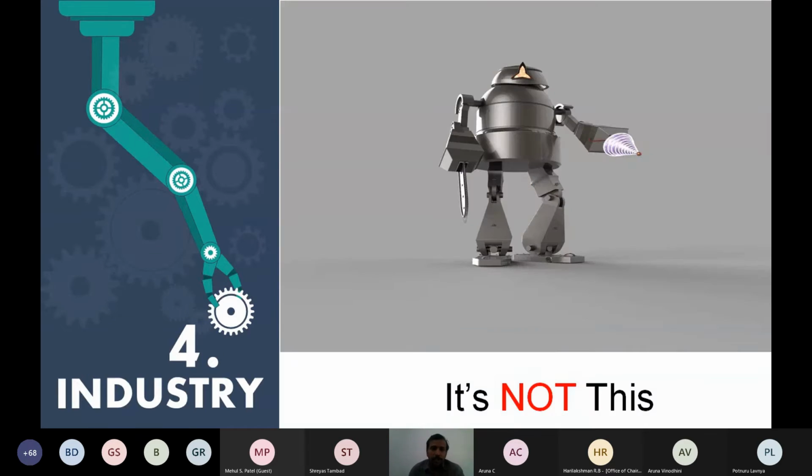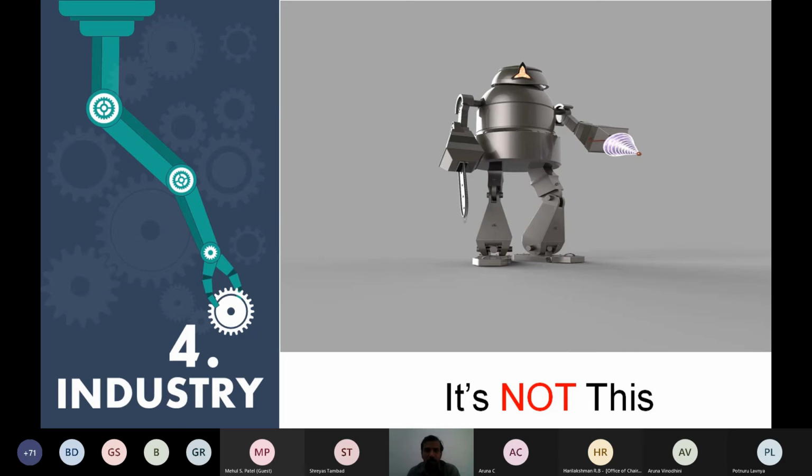So robotic process automation. When you hear the term robot, many of us will have a picture of a robot in our mind. A fantasy robot. In every language, there are movies with pictures of robots like these with a hand, leg, humanoid robots. So first day, first session, I want to make it very clear that what we are going to deal with is not this robot.